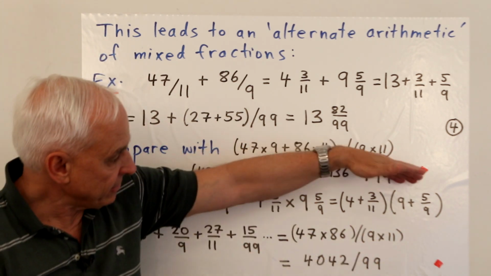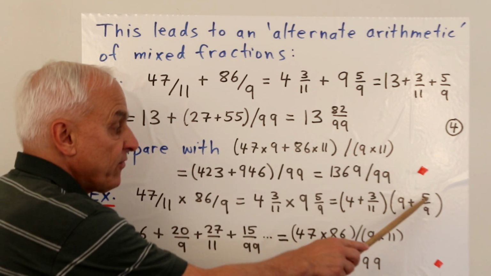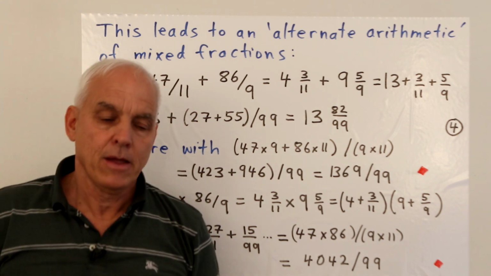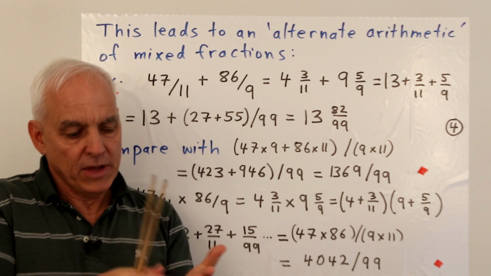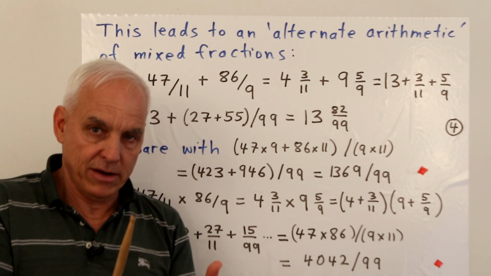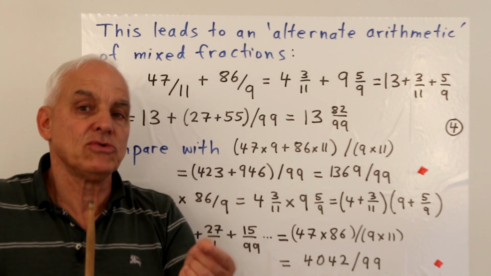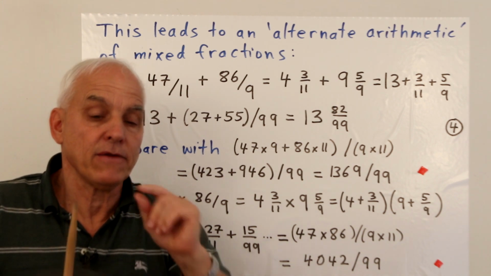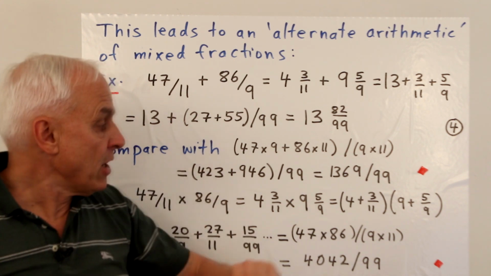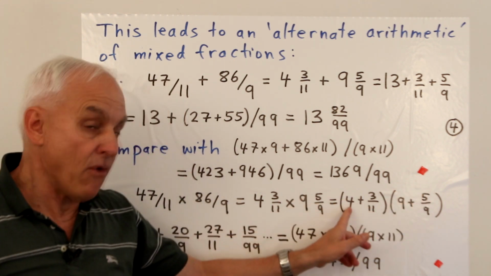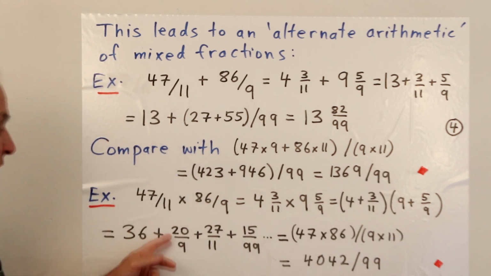And then we can think about that in terms of the distributive law. So that's 4 times 9, which is 36. 4 times 5 over 9. So that's a separate kind of computation that students have to learn. So 5 over 9 plus 5 over 9, okay, is 10 over 9. So doubling a fraction really amounts to doubling the numerator. Right? If you added another 5 over 9, you get 15 over 9. It'd be like multiplying the numerator by 3. So to multiply this fraction by 4 is effectively multiplying the numerator by 4. So we get 20 over 9.